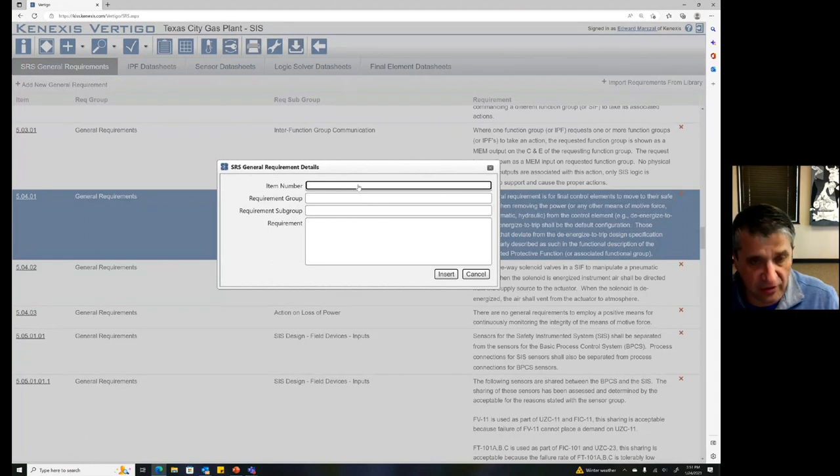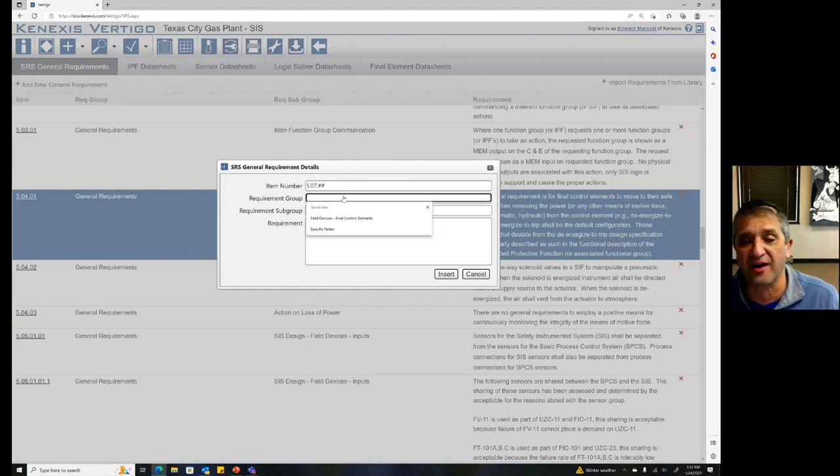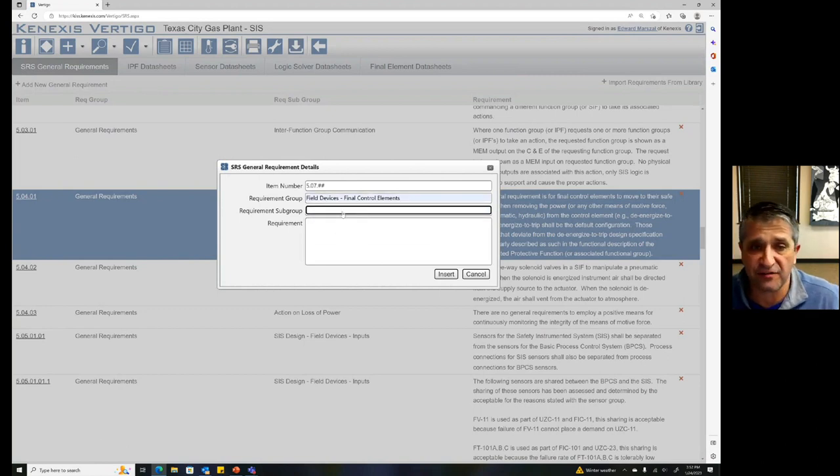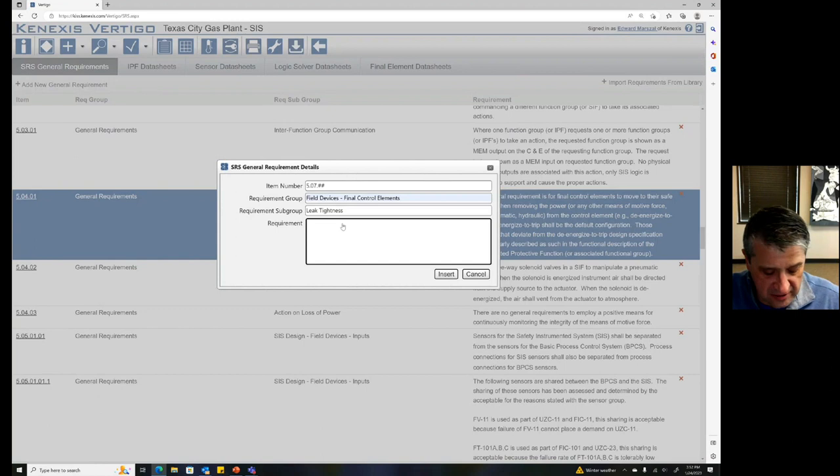So this would be in the Connexus documentation, that would be 5.07, I believe, and some number is how we would document it, and it would be field devices, final control elements, and then I might define a subgroup like leak tightness. And then I would put in a requirement that basically says something to the effect of, and we always give ourselves a little wiggle room, unless otherwise specified,